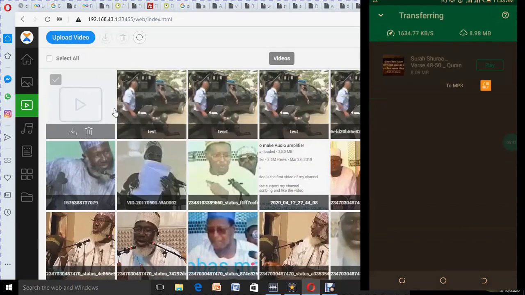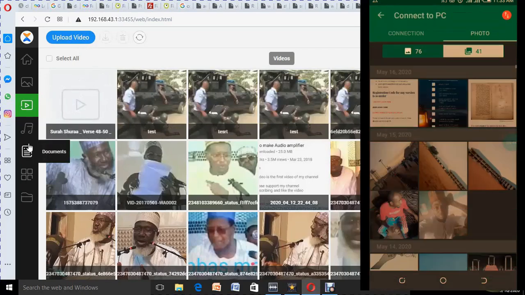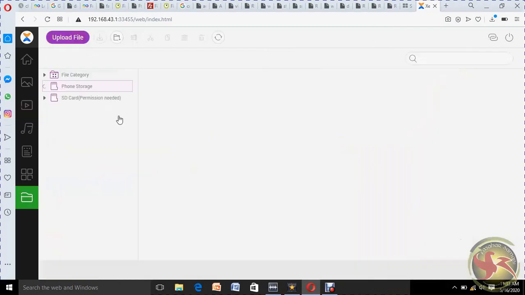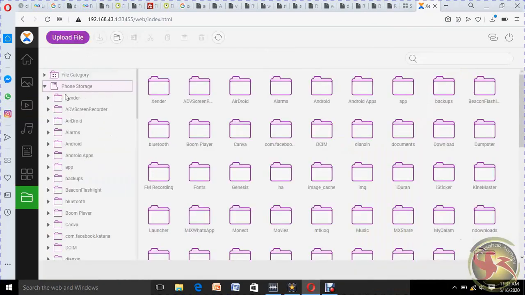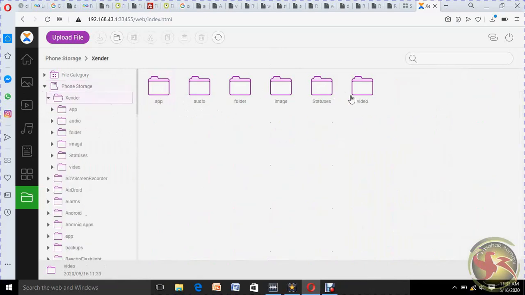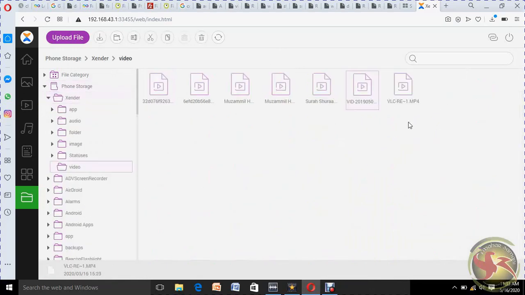Also, if you want to send from your phone to your laptop, you can click on this tab, Files. Then navigate to where your video is located. For instance, if you have a video in your phone storage under Xender, click on Xender, then click on video. This video I want to send to my PC. Then you can